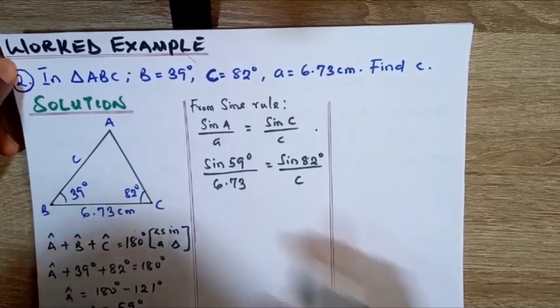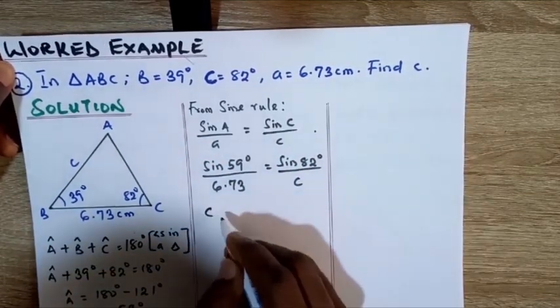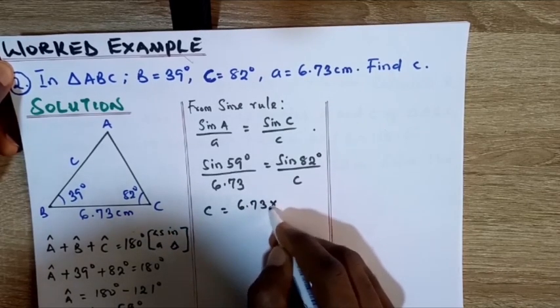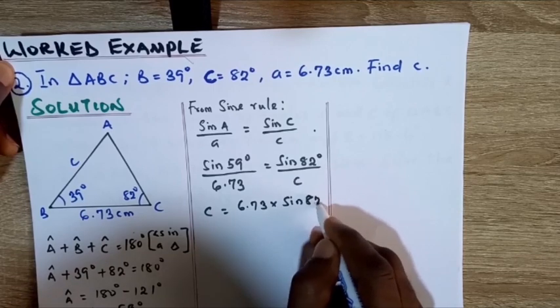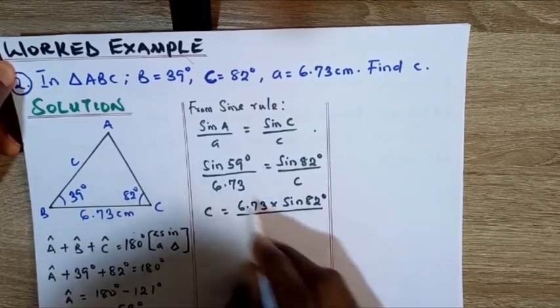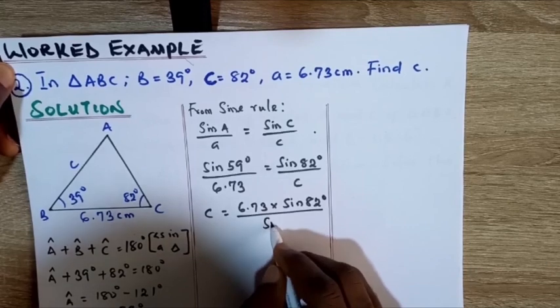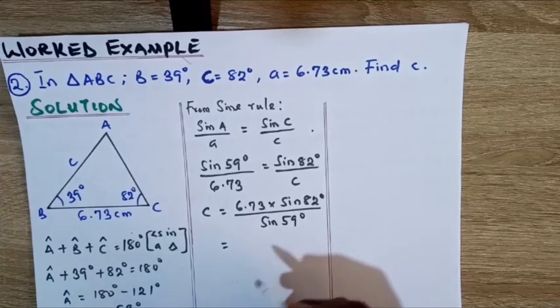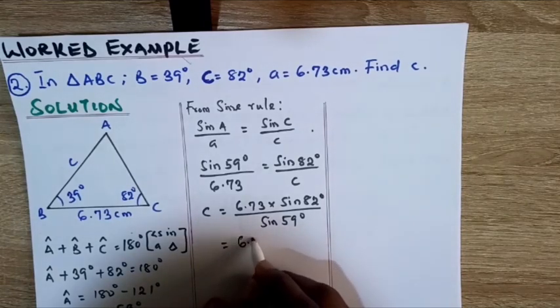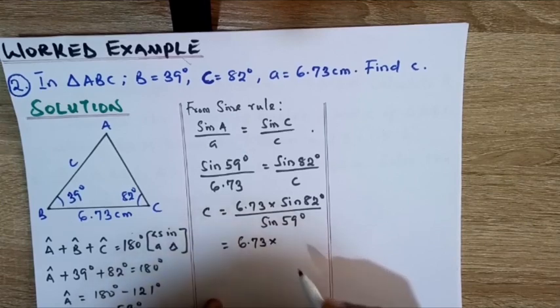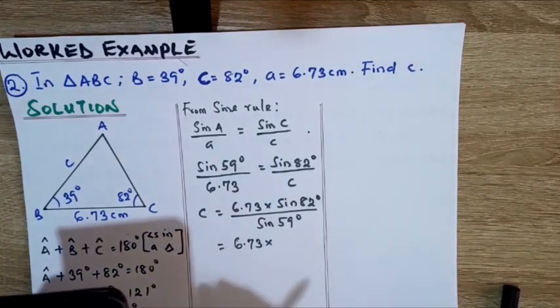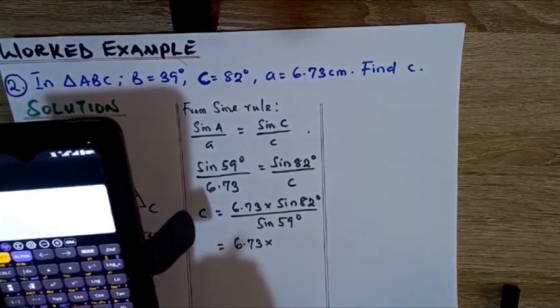So we can simply write, by cross multiplying, c as the subject of the formula as 6.73 multiplied by sine 82 degrees, all divided by the sine of 59 degrees. So, once again, we can obtain the sine of our angles using our four-figure table or just by punching our calculator. So, using our calculator, we should have